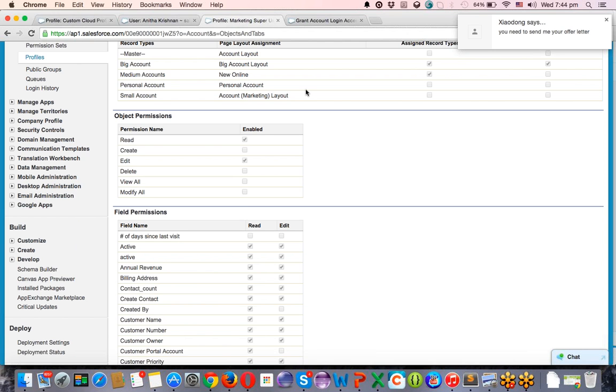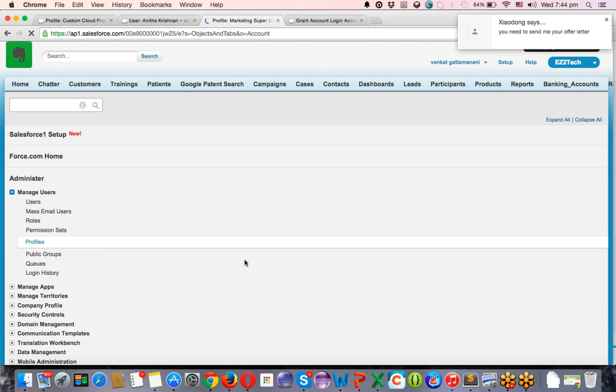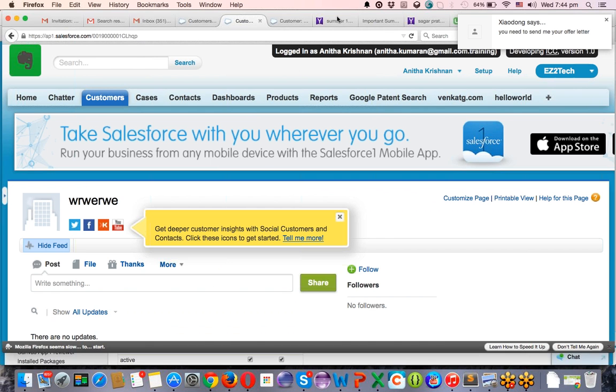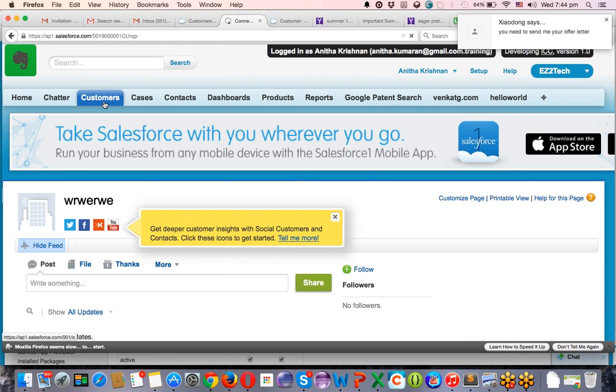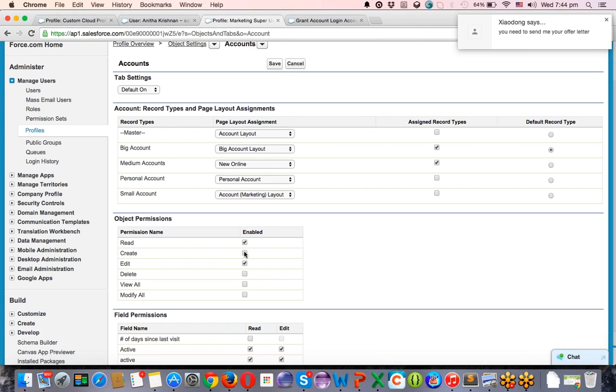That's how it works. Now let's do one final thing. I want to give all permissions now, even create and delete. Even though I'm giving the edit permissions, if you go to the customers tab, he cannot create a new record. Why? Because you don't have the create permission on the account object. If I give create and delete and click on save,